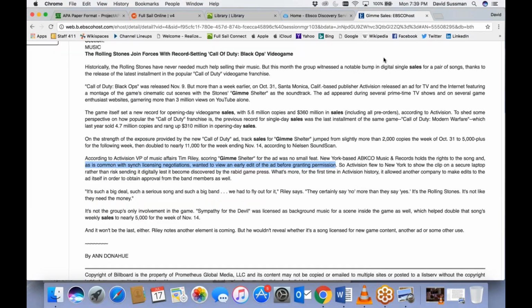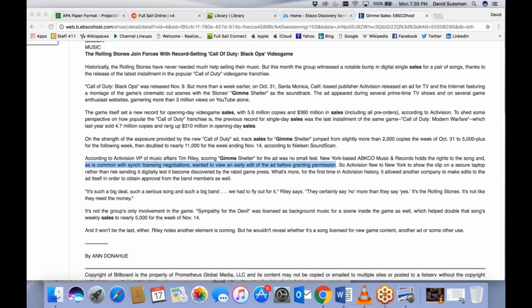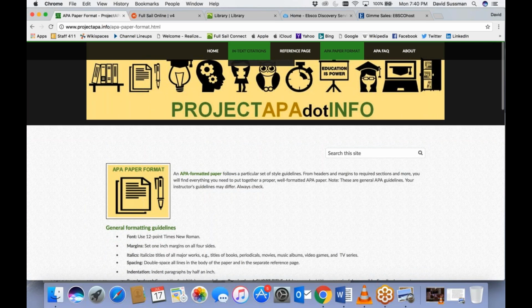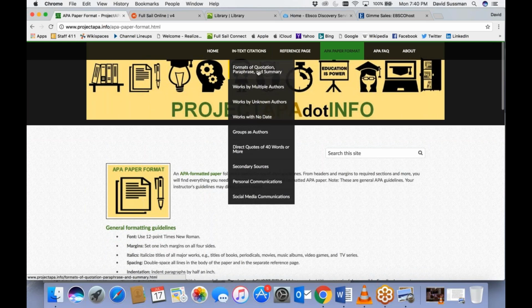And remember, I'm going to type it in the chat again, but I keep mentioning projectapa.info. I use this. I had to double check things when I was doing the layout to remember how the cover page needs to look or what order the information needs to appear in. So I don't have everything memorized, so I need to turn to resources as well. But Project APA is awesome because if you go to in-text citations and the very first option here,